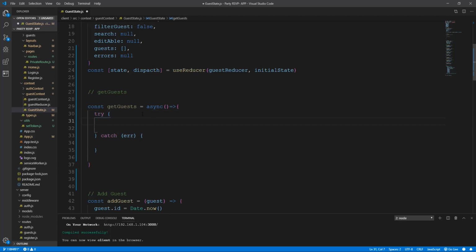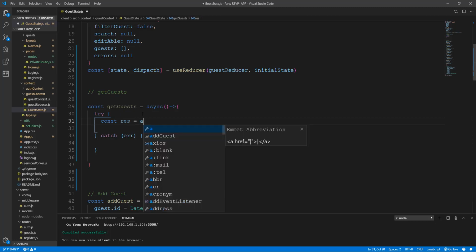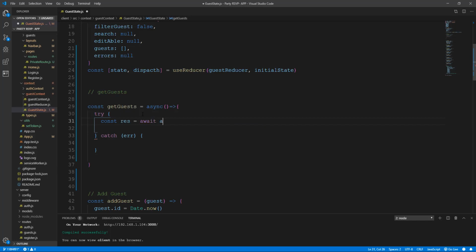Alright, so once we have that, then we are going to do a const and maybe response or res, and then we want to await, and then we will do axios dot get, and again this is just going to be slash guests. Okay, just because we have our proxy set already. And then once we have our response back, then we want to do a dispatch, and the dispatch this time